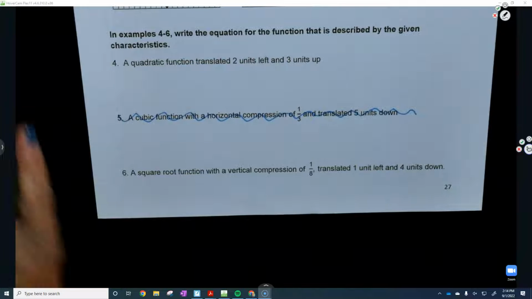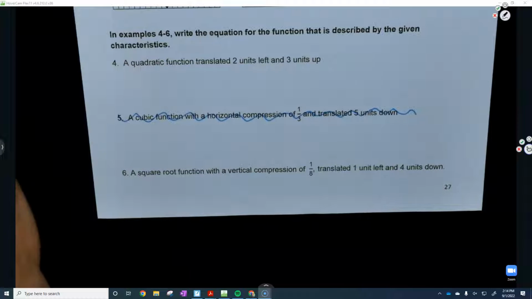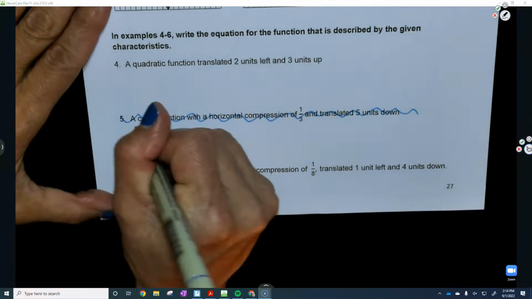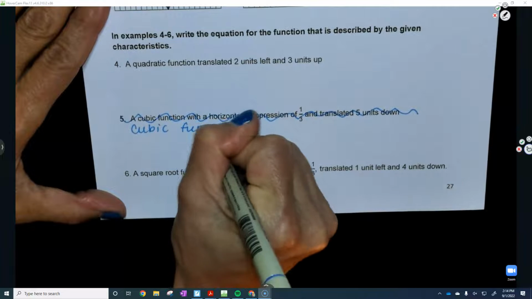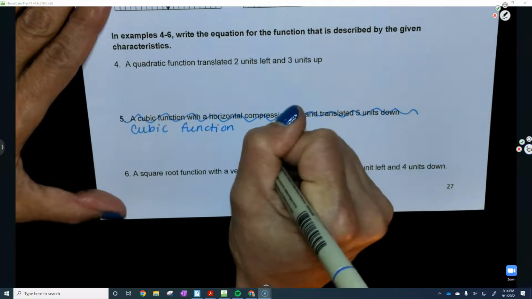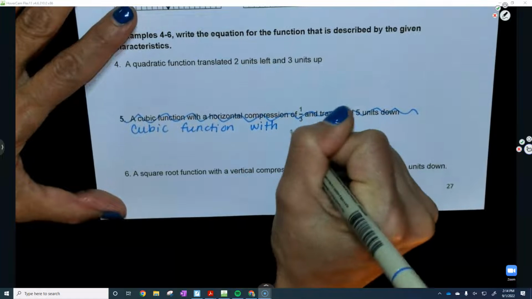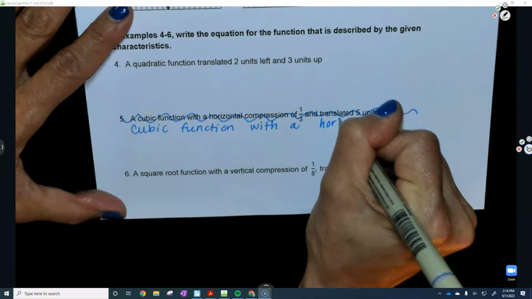Let's pretend, look over there, which one is your favorite function? Linear? Linear is lame-o. Pick another one. Cubic. All right, we're going to have a cubic function with a horizontal reflection